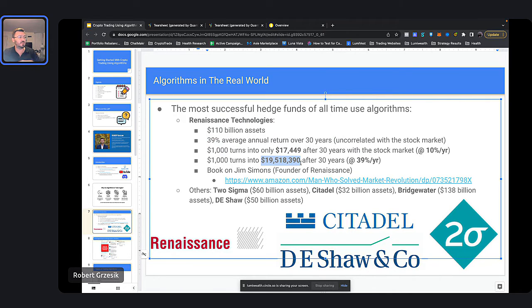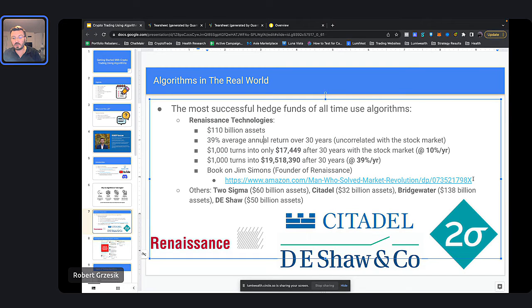That's the difference between you retiring with some good money, and you being spectacularly rich, maybe retiring 20 years earlier, and having a mega yacht that you're on. You know what I mean? It's a huge difference, right? Now 39% obviously is a difficult number to get to, right? But if you're able to accomplish something like that, you can end up being very, very, very rich.